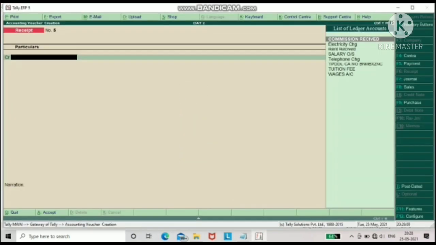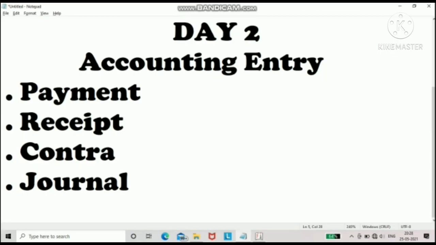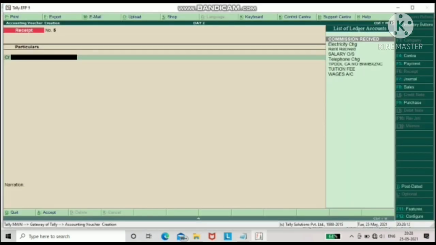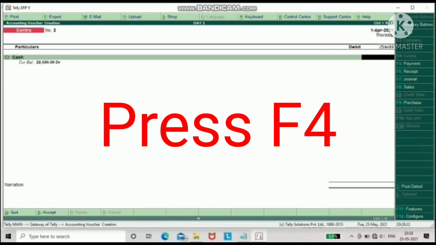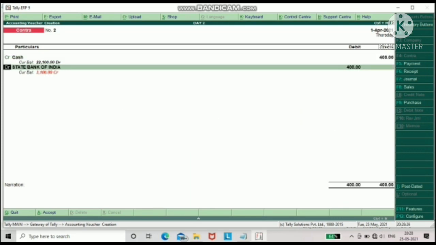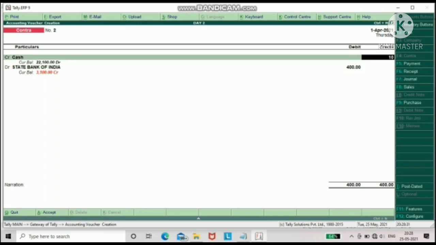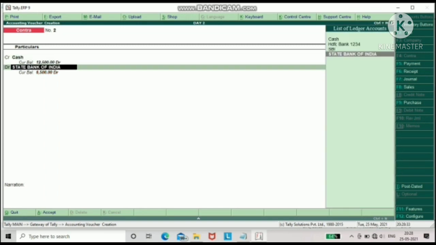Let us do contra entry. What is contra entry? This mode is used for transfer entries between cash and bank; cash to cash transfer or bank to bank transfer is also made through this mode. So press F4 for contra. I am doing cash deposited into bank, so cash account will be credit and bank account debit.